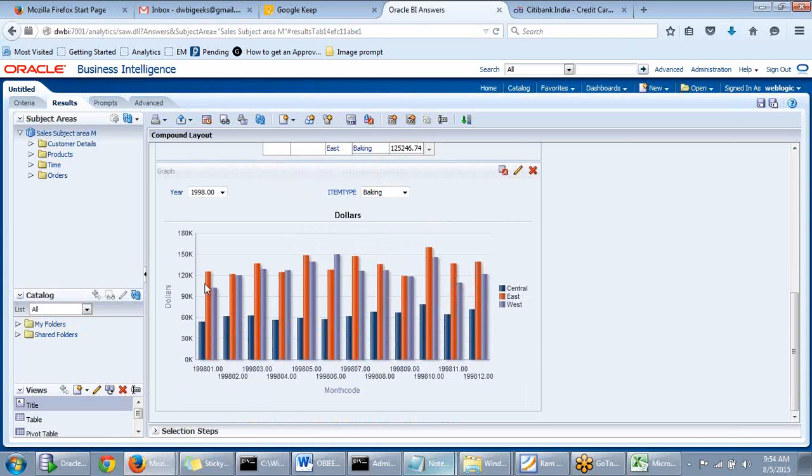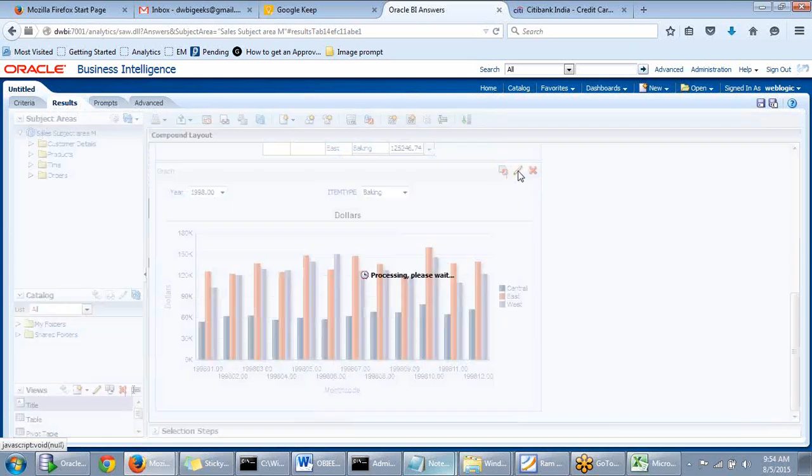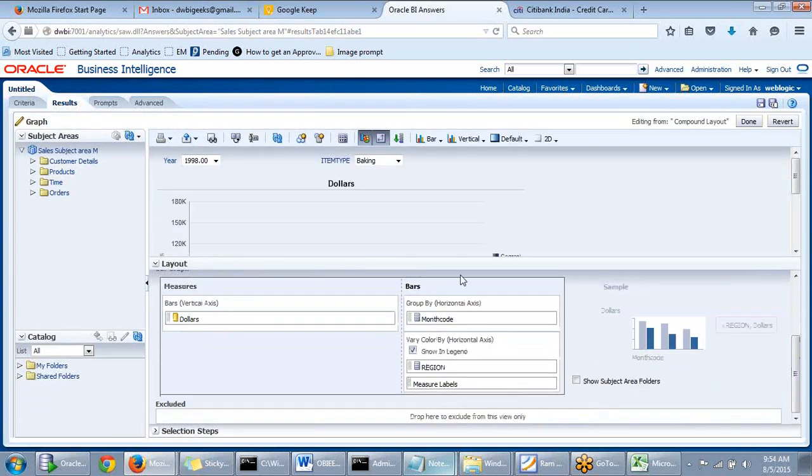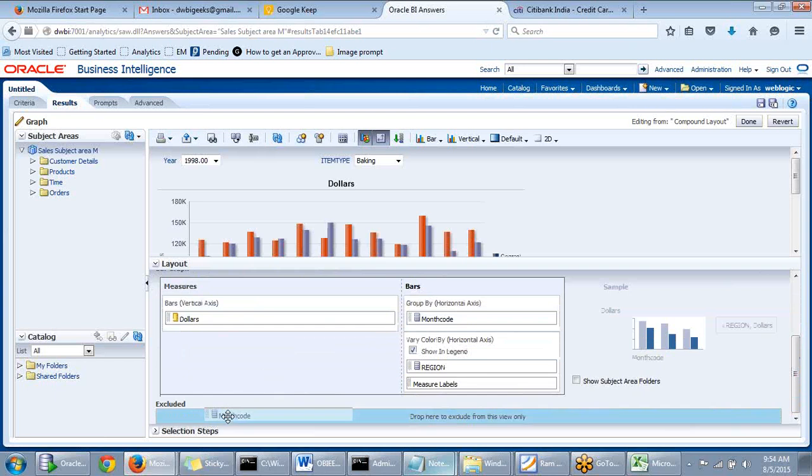Here on y-axis it's taking dollars, and on x-axis it is taking month code, but I don't want month code. If you want to edit that, just click on this edit button, add this month code to exclude it,